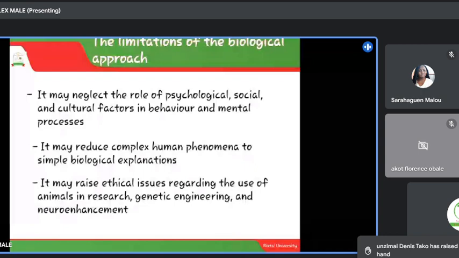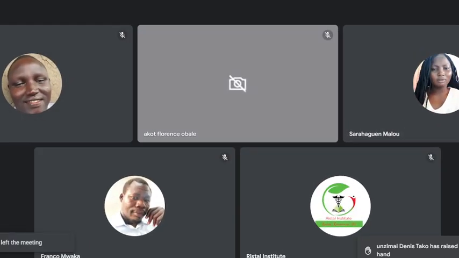When we go to the limitations, these are some of the things which might not defend the biological approach or which count it off. For example, it may neglect the role of psychological, social, and cultural factors in behavior and mental processes. You see, the psychological and the social factors are very much important in behavior. For example, in child development, the environment in which the child grows or develops determines a lot in their behavior. But now, this biological approach, it tends to neglect